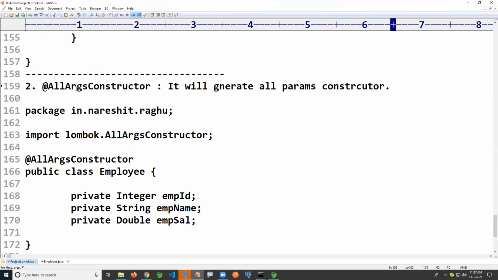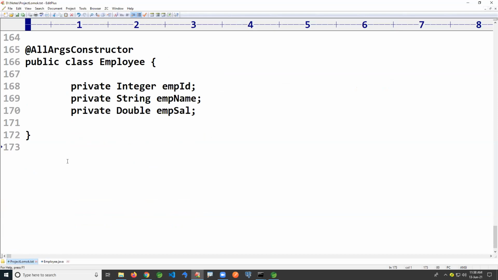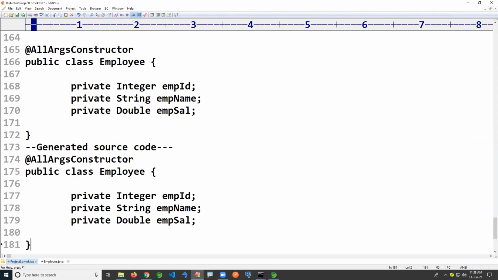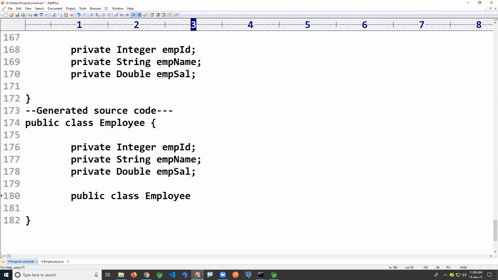So if you look at the generated source code, how does it look? Internally, you need not decompile the source code every time. I'm just going to give it for your understanding. This annotation is removed and the constructor is generated like this. You can just see. The first statement will be super().